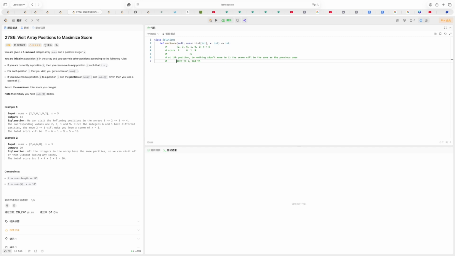Or we can move to I, and the score will be, if I is I, will be previous score plus nums I. But if parties differ, then minus X. Okay, so I think I will do, it has and the previous score will be calculated as the same thing,